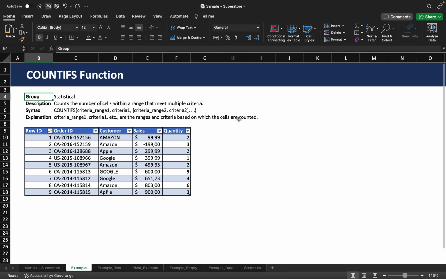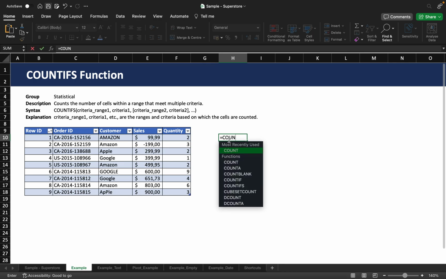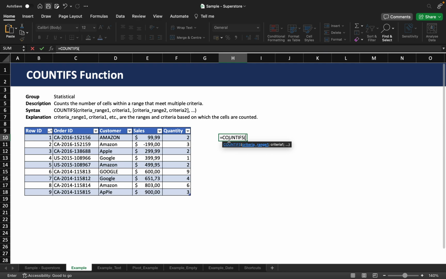So as you can see inside our data, we have a row ID, or order ID, customer, sales, and quantity. And if I want to count how many sales were made by Google with a quantity of more than 1, I can use the COUNTIFS function. I start with an equal sign followed by COUNTIFS. I open the parentheses, and first of all I want to say my customer